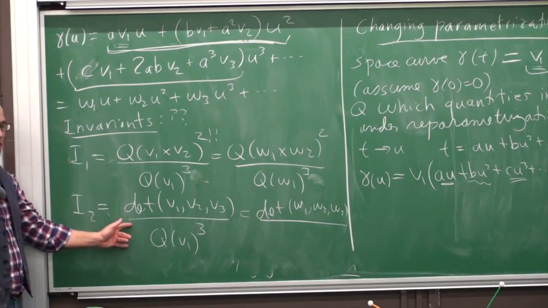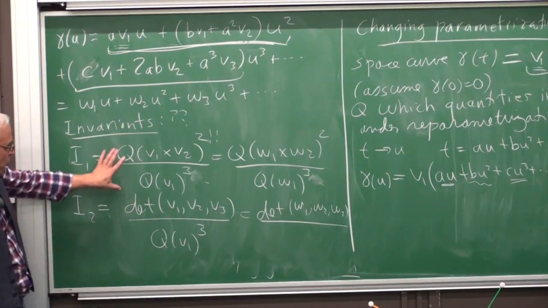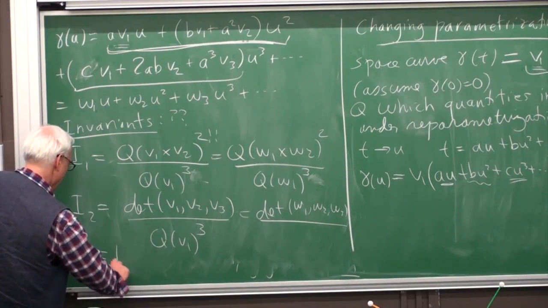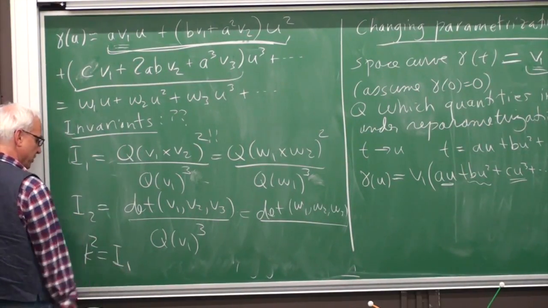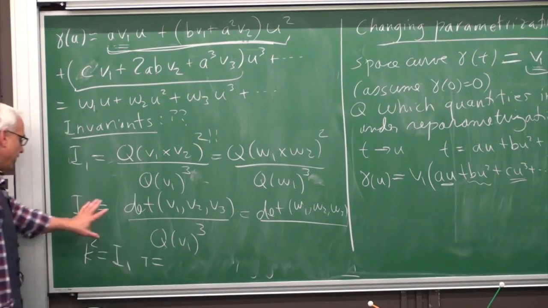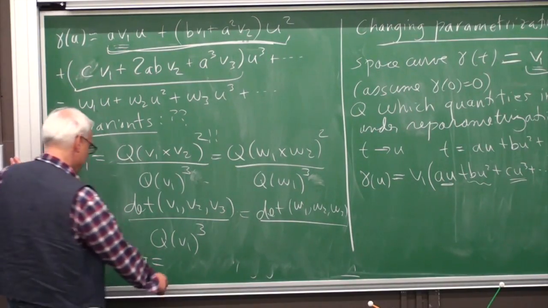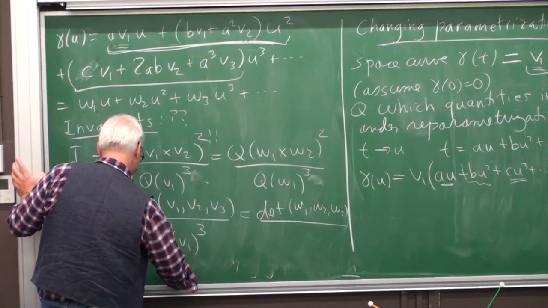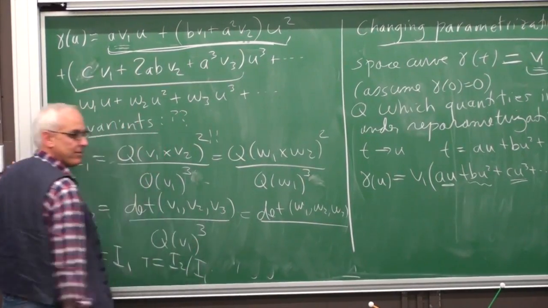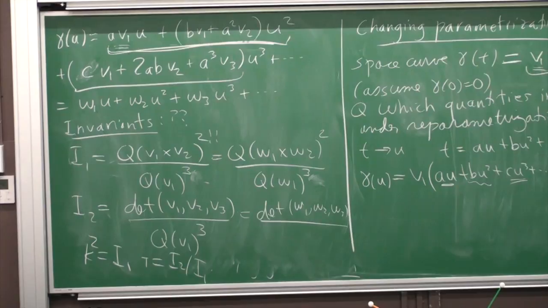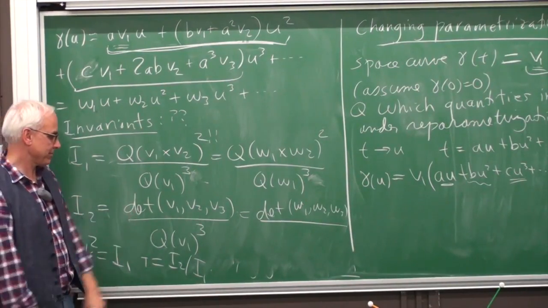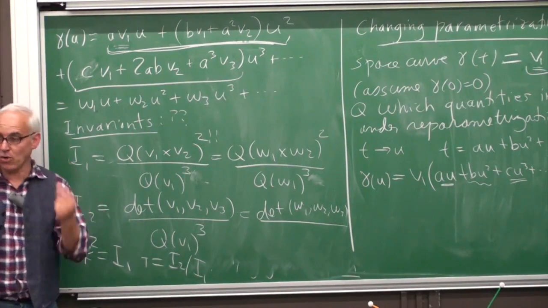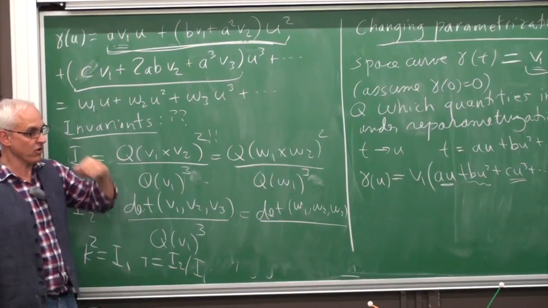Those are basically the expressions that we're getting for the curvature and the torsion. The torsion is actually this one. So the curvature was essentially I1, or the square of the curvature was I1. And the torsion was this thing divided by I1, was I2 divided by I1. And this argument shows, some details need to be checked, but shows that these quantities are invariant, and so they don't change when you make this invertible change of coordinates.